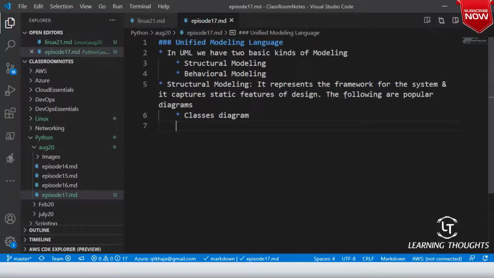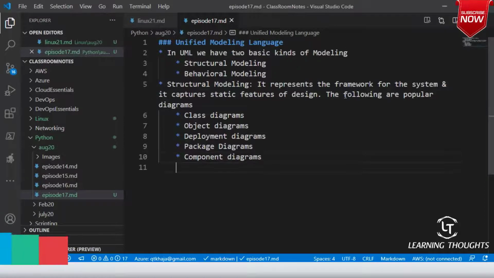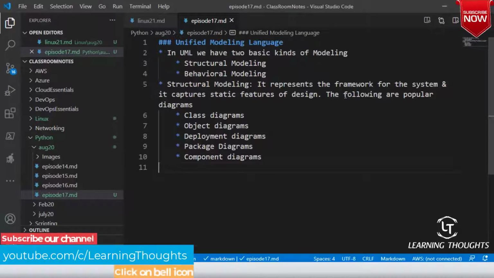Class diagrams, object diagrams, deployment diagrams, package diagrams. We might not know all of these terms at this moment, so don't worry about it. Component diagrams.